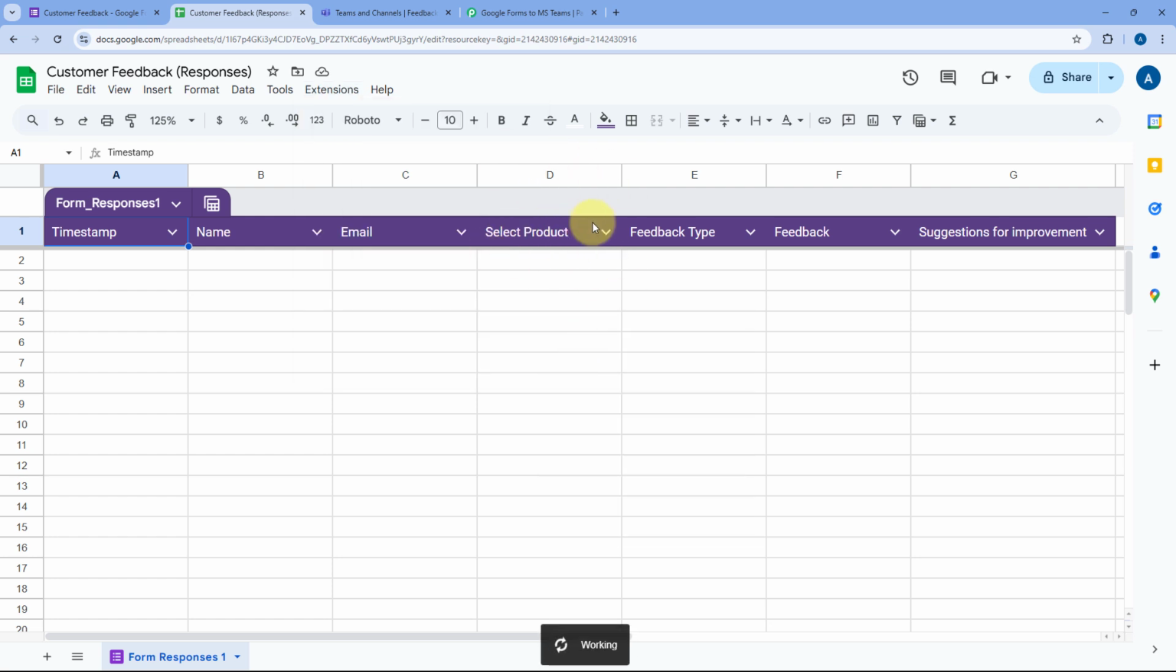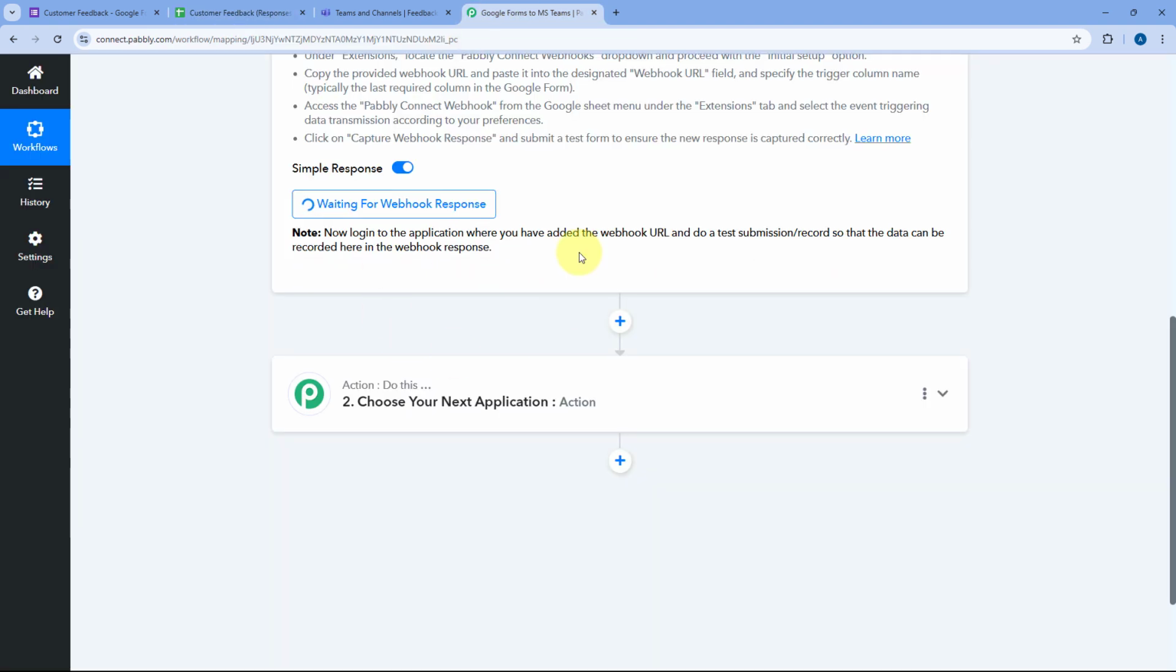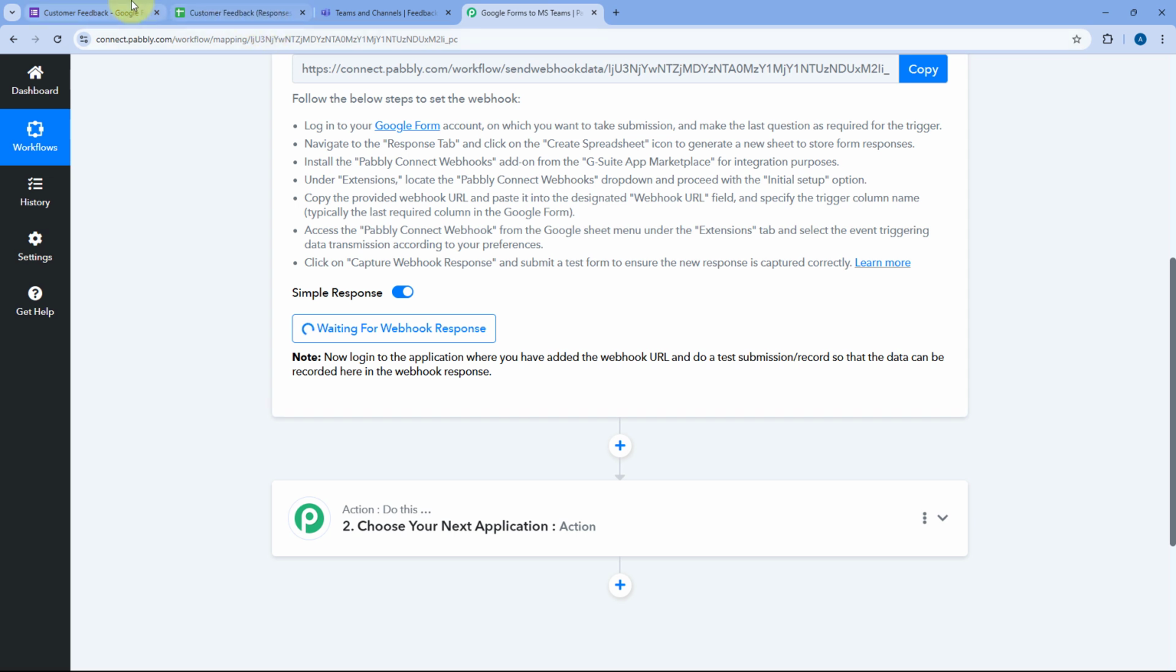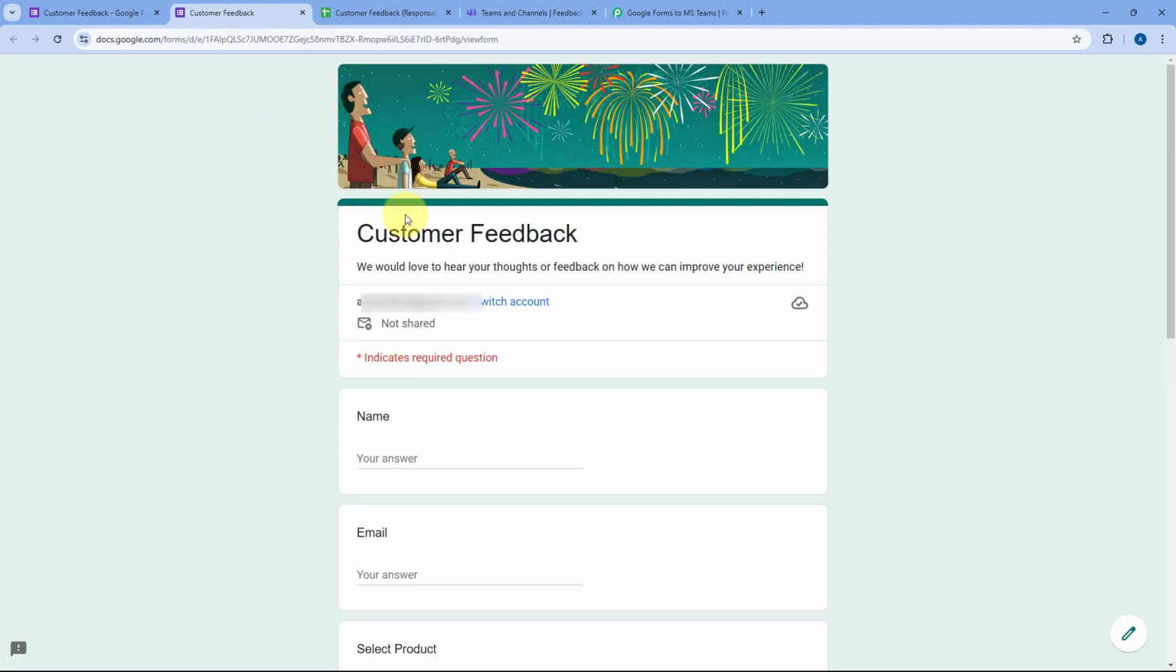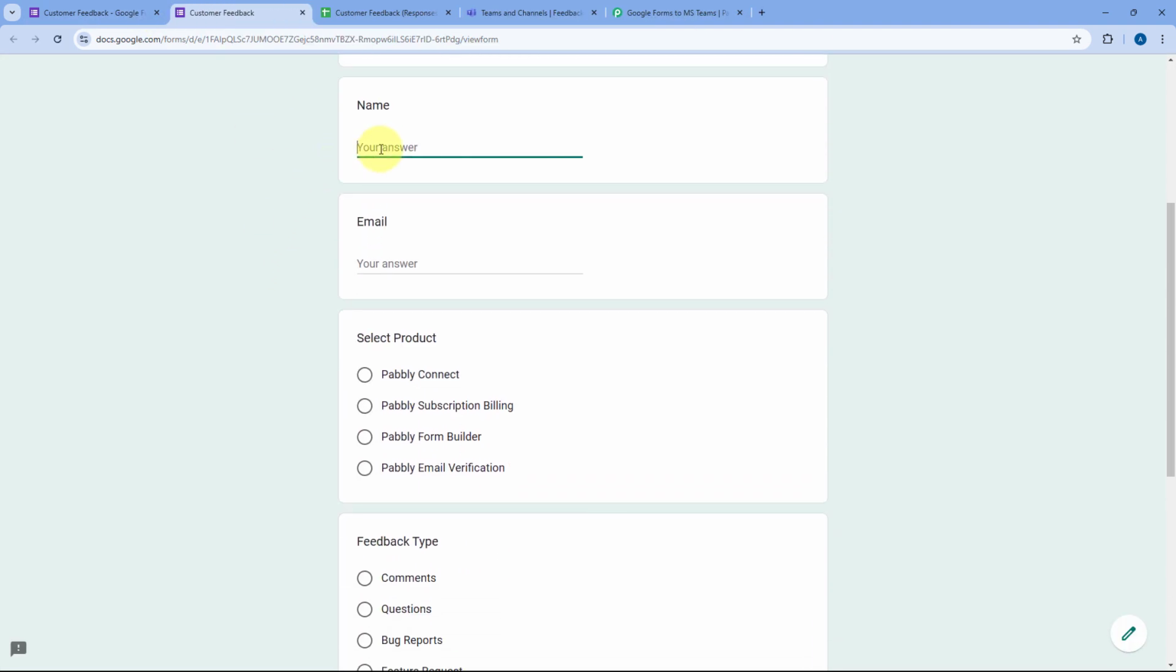By selecting Send on Event, we are telling this Google Sheet, this add-on, that whenever a new row of data is added in this Google Sheet, then immediately, instantly send that data, those form responses, to Pabbly Connect. Now, after selecting this option, here you can see in our Pabbly Connect workflow, it is showing us waiting for webhook response. This means Pabbly Connect is waiting to capture some response of a new form submission from Google Forms. So we'll just open our Google Form in preview mode and we are going to make a demo form